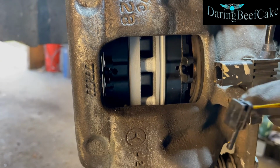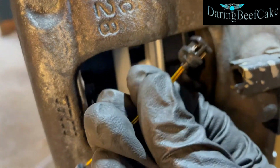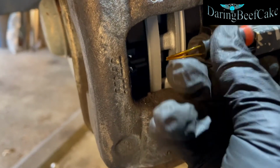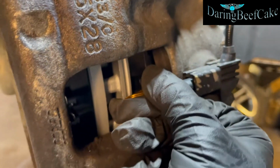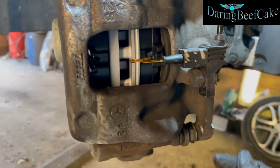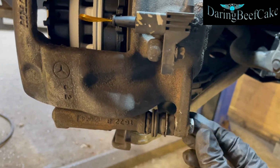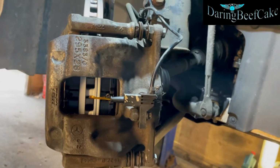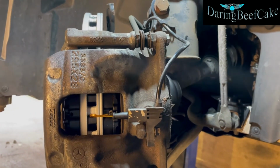Now we can put our new sensor in as well. Push that in there, and then we'll push this one in here. And that's it. So these don't need to be over tightened either. They're quite soft, so once you close them, it should be fine. And so we have all the bolts secure, pads are in, sensors in. We pretty much finished here. Just going to put the wheel on this end and the other end, and I'm going to lower the car and we'll have a look at the brake